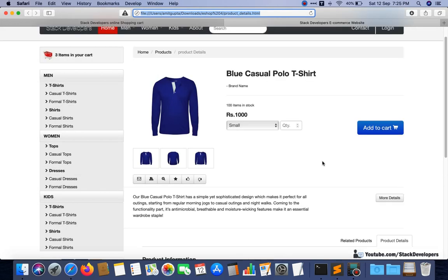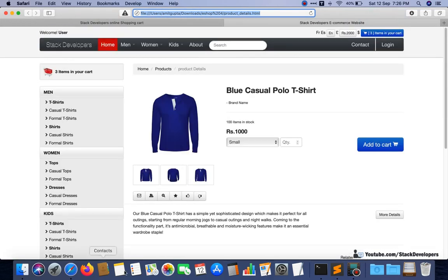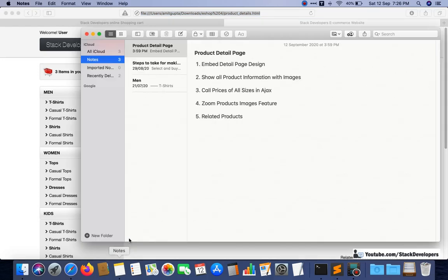Okay, so we are going to make such a kind of detail page in which everything will be there, and I will tell you how we will go. So we are going to cover these things for our product detail page. First of all, we are going to embed the design of the product detail page.